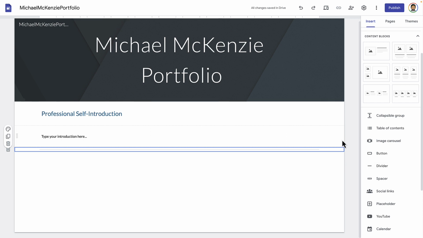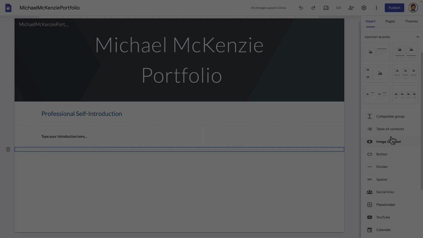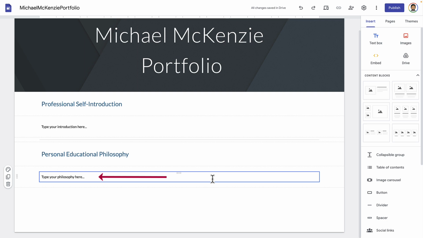The next requirement on your homepage is the personal educational philosophy, which we will add with a text box as a heading and then a text box for the description. You will type your personal educational philosophy here. If you've written your educational philosophy for another course, then you can copy and paste that right in here, and that's fine with me. Otherwise, if you need to write one, then you're going to describe what type of teacher you want to be,